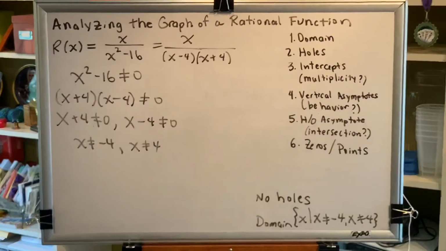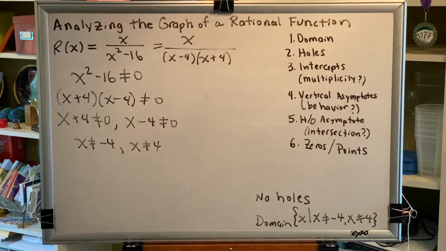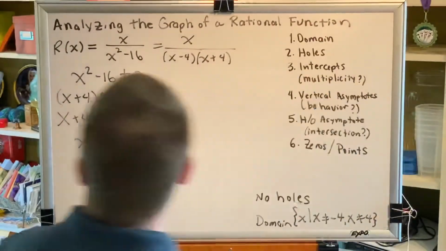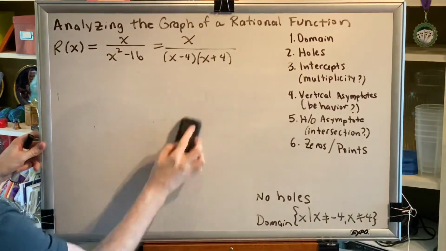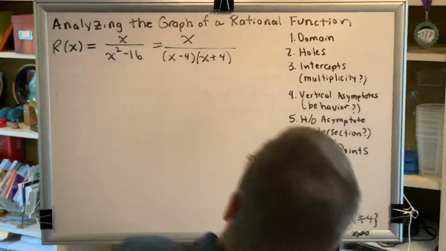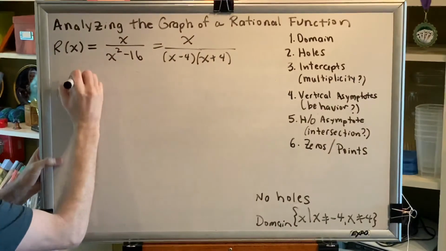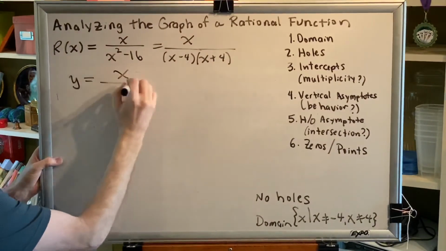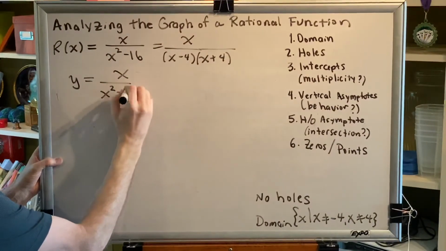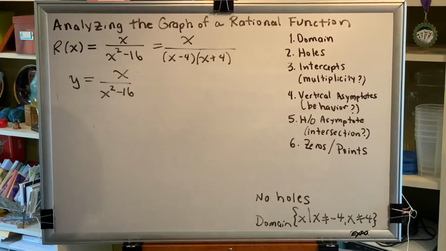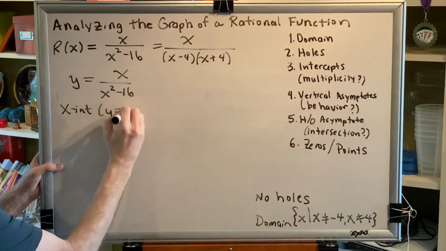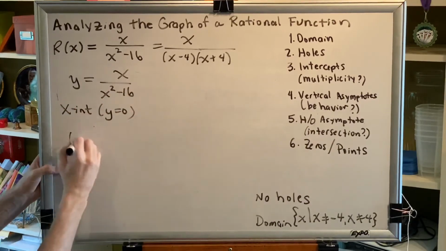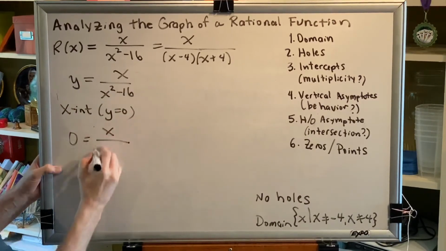All right, let's move on to step 3, intercepts and multiplicity. There are two kinds of intercepts, x-intercept and y-intercept. For our function, r of x is the same thing as y, so we can write y equals x over the difference x squared minus 16. Let's start by finding x-intercepts. With x-intercepts, y is equal to 0, so we replace it with 0, and we get 0 equals x over